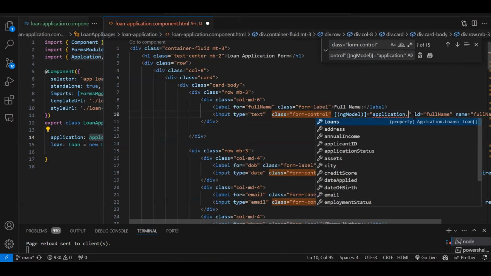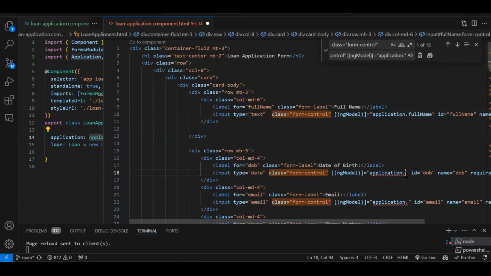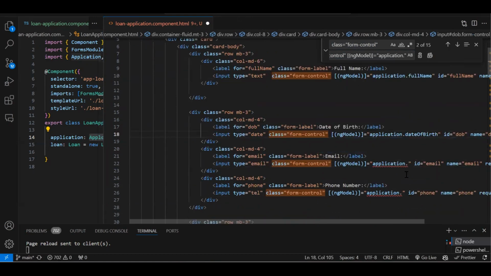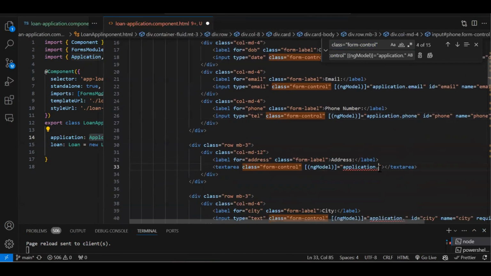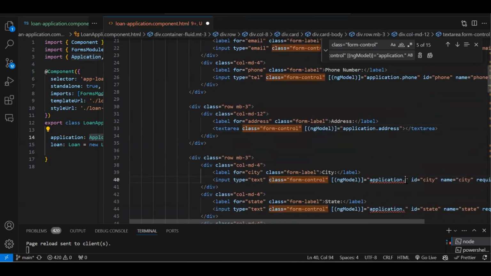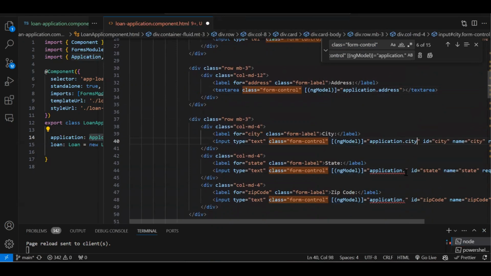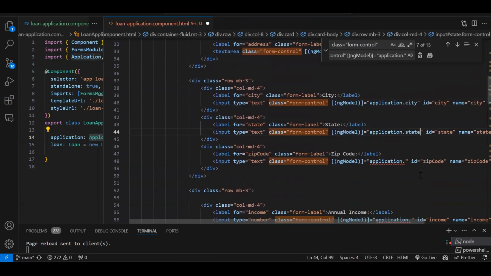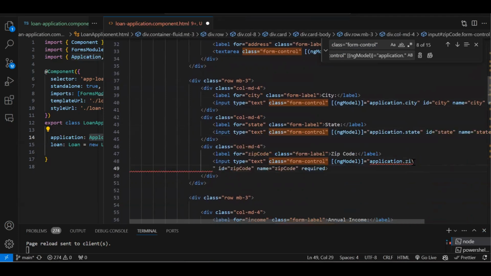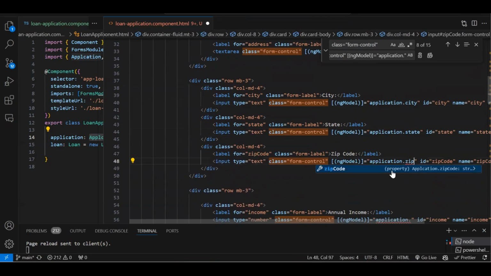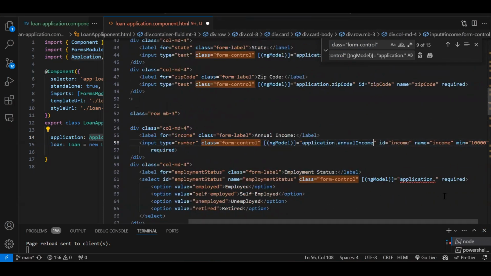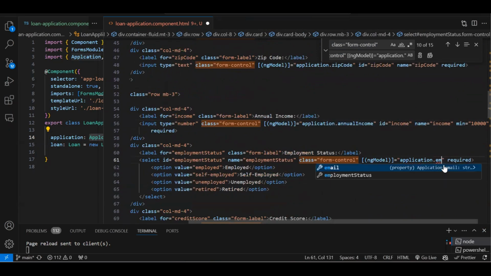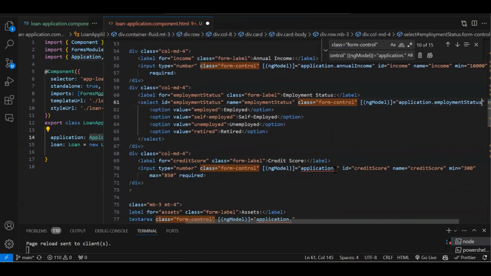So this is full name. Then we have date of birth. So this way you will increase your development speed. If you are appearing for a machine test, you have very little time, correct? So this shortcut will be very helpful to you. And if you are going to screen share also, the interviewer will judge your development speed too, because you know the shortcut. So within less time, you will get the work done, correct? Annual income, employment status, credit score,